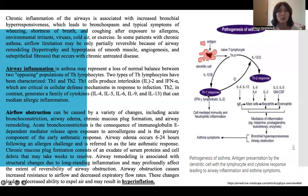Chronic inflammation of the airways is associated with increased bronchial hyperresponsiveness, which leads to bronchospasm and typical symptoms of wheezing, shortness of breath, and coughing after exposure to allergens, environmental irritants, viruses, cold air, or exercise. In some patients with chronic asthma, airflow limitation may be only partially reversible because of airway remodeling that occurs with